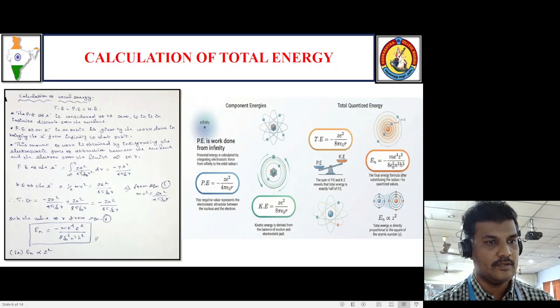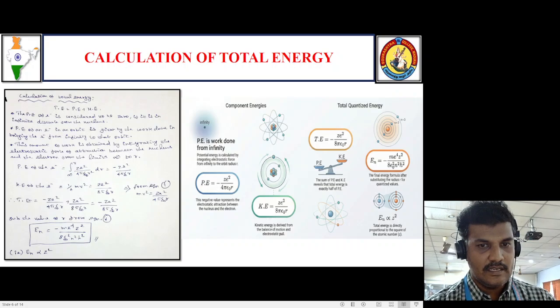So the total energy value, when you add these two values, potential energy and kinetic energy, we get minus Ze squared by 8 pi epsilon naught r. When you substitute these values in the total energy term, it is equal to minus m e to the power 4 Z squared by 8 epsilon naught squared n squared h squared, right? So here these are the potential energy term and the kinetic energy term. The total energy is equal to minus Ze squared by 8 pi epsilon naught r. Here you can see that the sum of potential energy and kinetic energy reveals that the total energy is exactly half of the potential energy,